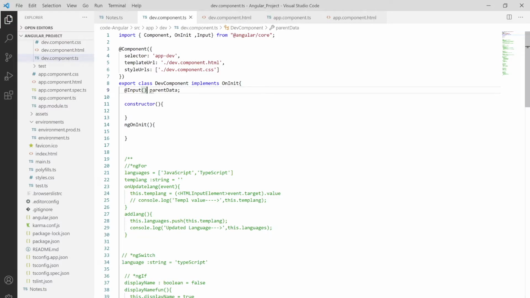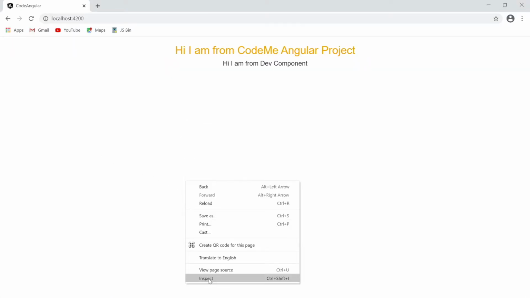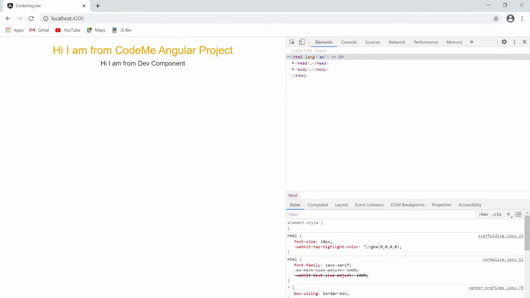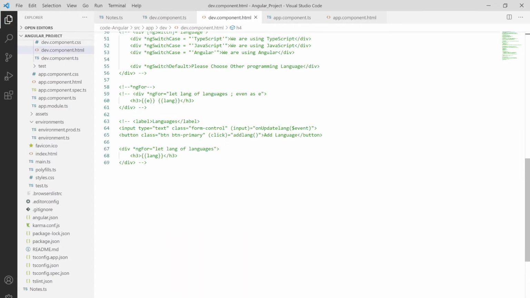We have imported the data but we haven't used it in our HTML. So let me go to the browser. See, no data is present there. If you inspect, let me show you how to display this data. We have the parentData variable defined inside it. Let me copy it, and with the help of interpolation I'm going to show it over here.